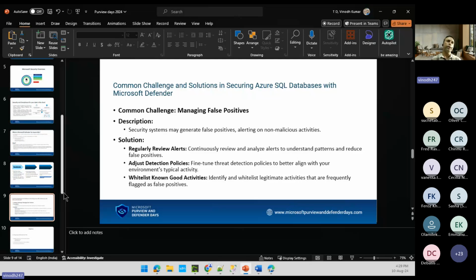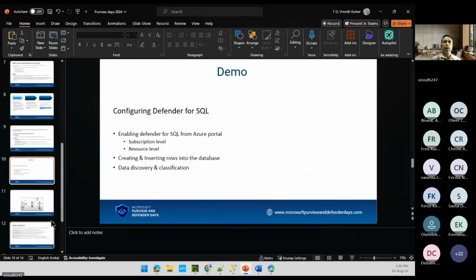But currently, the way you can manage these kinds of issues is you can regularly review your alerts. You can try to adjust and fine tune your detection policies based on the historical alerts that you have received, typically aligning with your business domain and business environment. And as soon as you find something that has been alerted, but it's a legitimate activity, not an actual threat, you have to whitelist it so it won't come back again. So these are the currently very common known methods to alleviate these kinds of issues at the scanning level. And then with the demo,